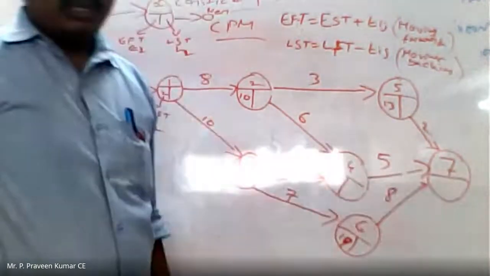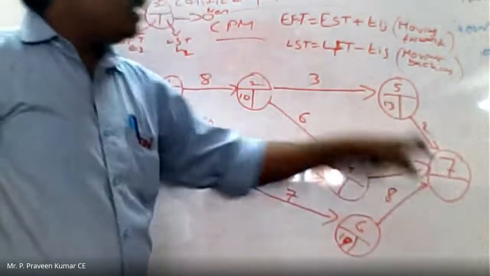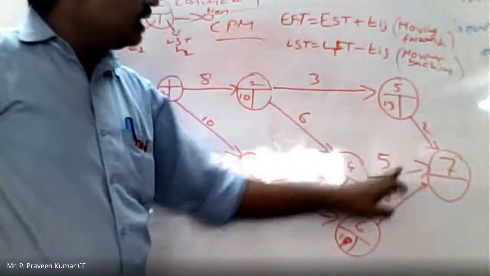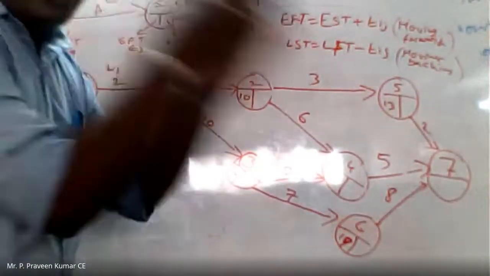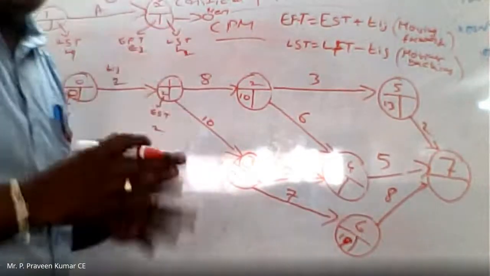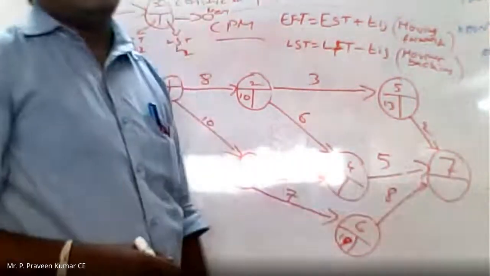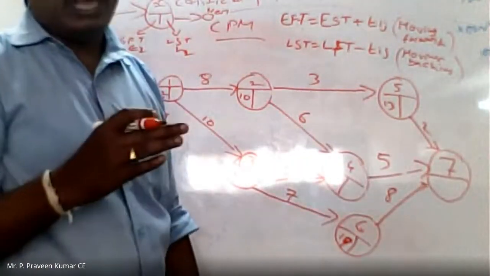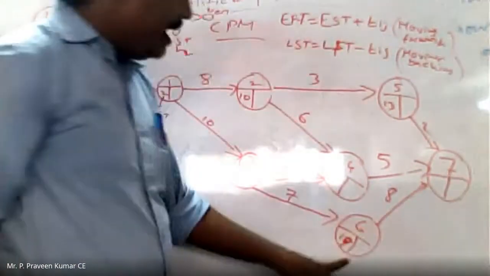Activity 7. You can observe 6 to 7, 4 to 7, and 5 to 7. There are three duration timings, right? How we need to calculate as we are going forward: after adding, whatever the highest value is, that highest value is the EST of this particular activity, that is, the earliest starting time of that activity. Now see here, 19 plus 8,